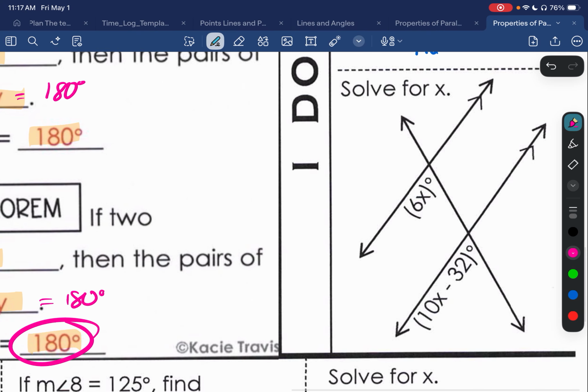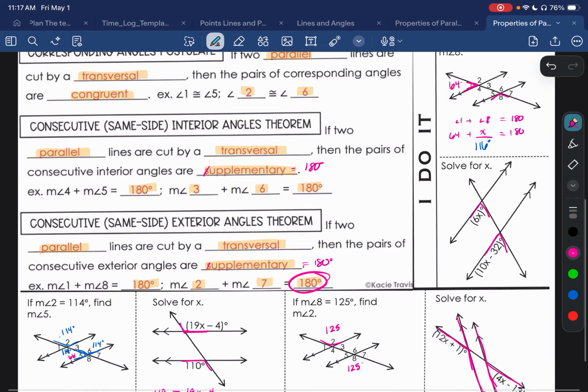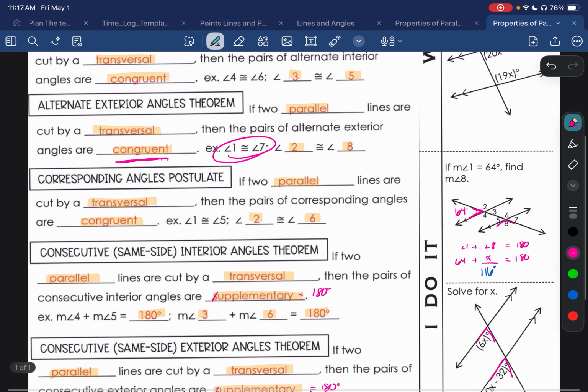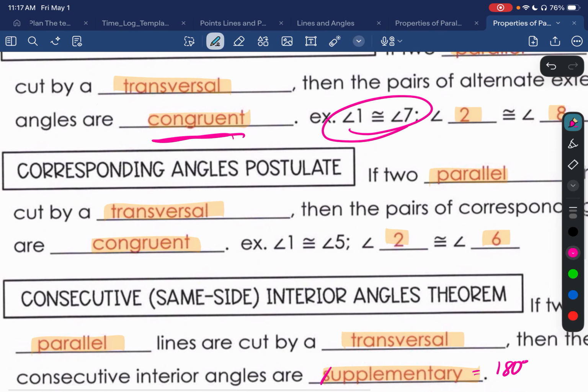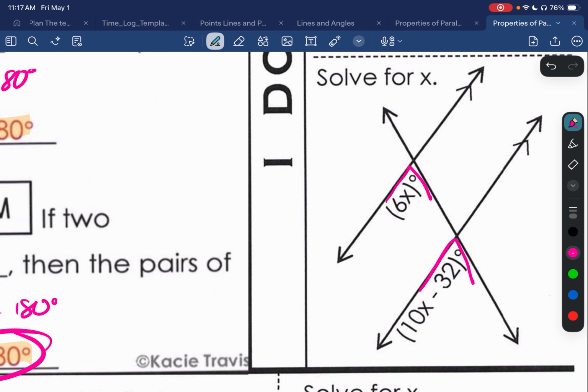set this one up real quick, solve for x. These two, what's the relationship? We have this angle here and we have this one. This is the one where you take it and you slide it down. That's what we call corresponding angles. Go back up here. Corresponding angles says that they are congruent, which means them dudes are equal. So if I was to set it up real quick, I would have